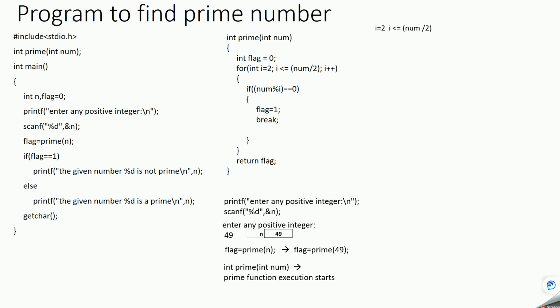And always remember, we'll check from 2 to half of that number. So that's why the for loop goes from 2 to